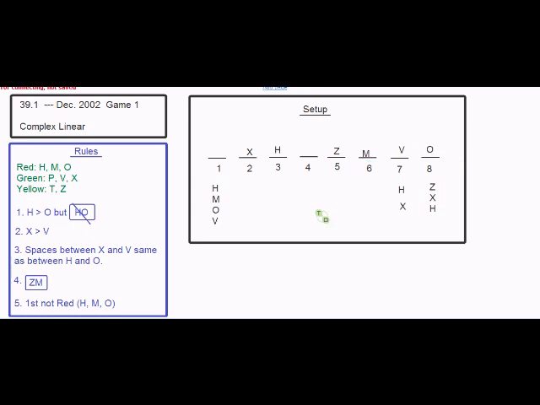And the same thing happens when you try to put H in 2. If you put H in 2 and O in 8, then you have 5 spaces in between the H and the O, so you need 5 spaces in between the X and the V, and that works out because you can put the X here and the V here. Okay? So the answer for this question is that if you put the Z in 5, you're able to put the H in either second, third, or fourth, which is answer choice